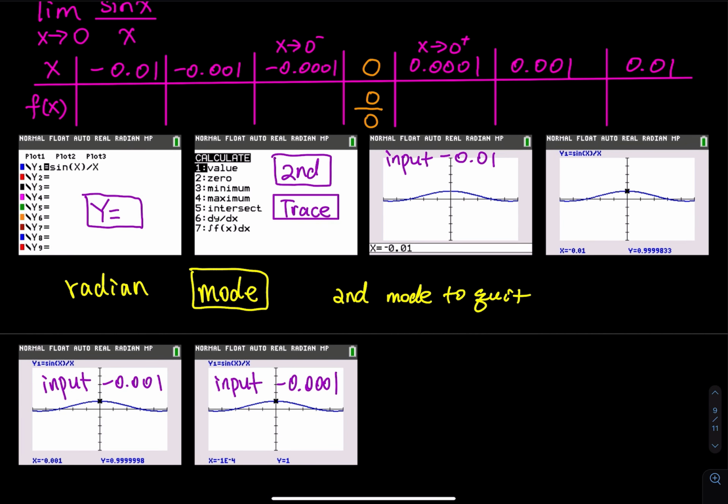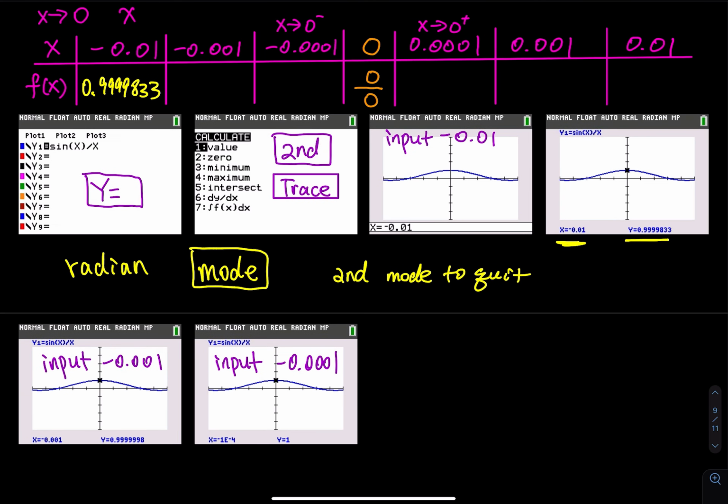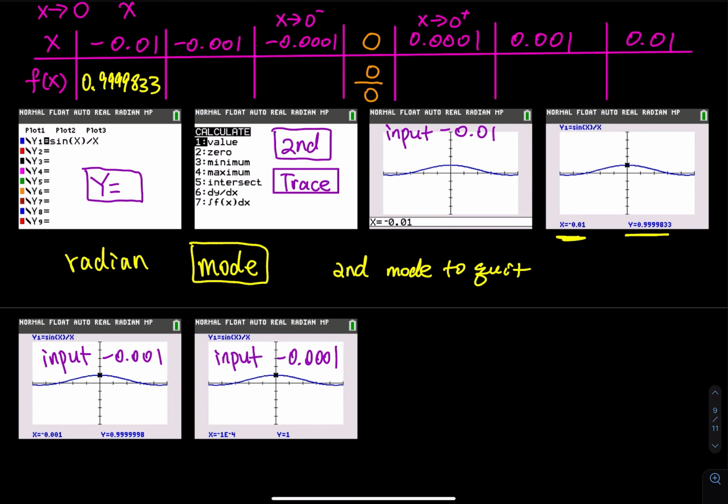I didn't give you a screenshot. So that one I have 0.9999833. Let me copy this carefully. If you try negative, you got 0.9949 and then 833. And then the next one, you try negative 0.001, which is the next screenshot. That one I won't recommend you to round. I would just report the whole thing. How many nines? 1, 2, 3, 4, 5, 6,